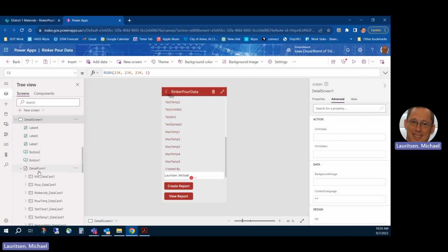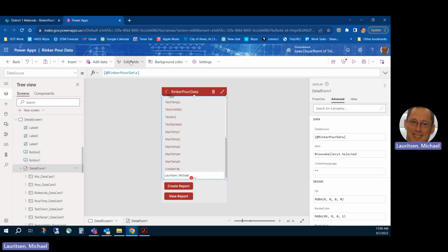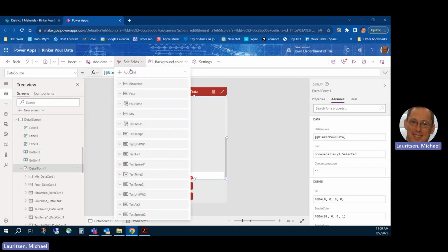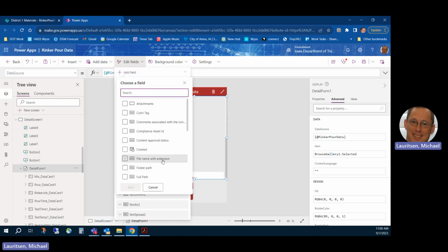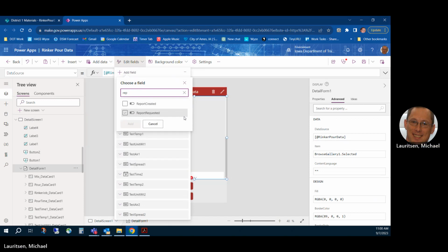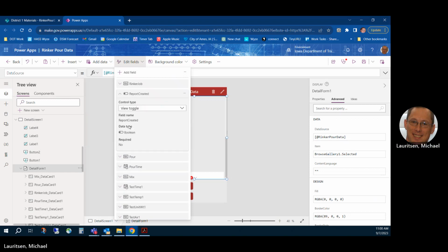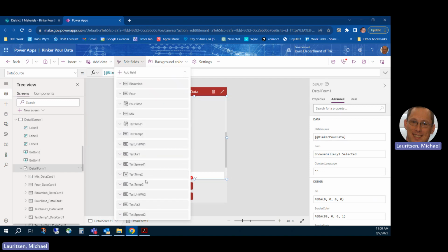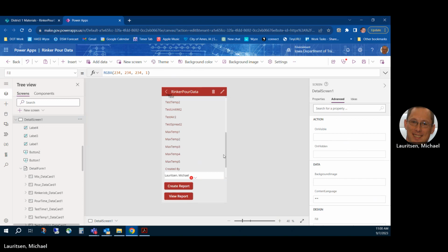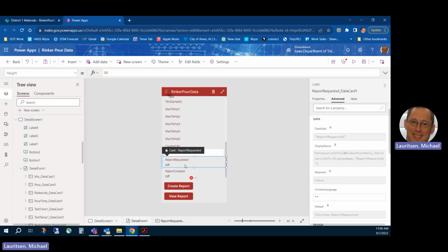Okay, here's one way I can do it. I can click on the form and edit fields, add field, and pick those two things. Report requested and report created. I'll add them to the bottom. Now, can I